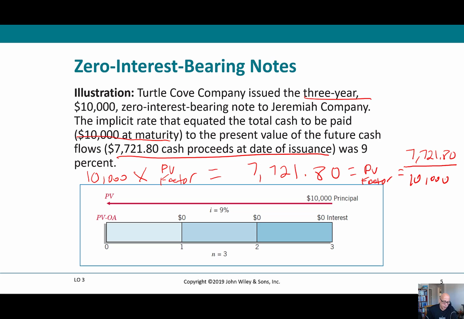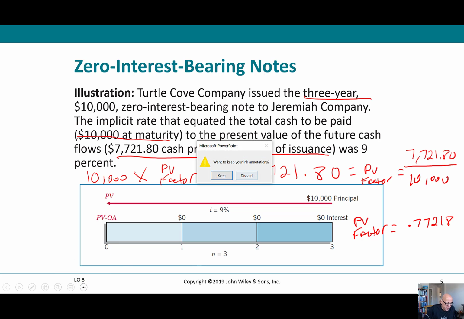I'm just doing the algebra on that. When I do that, the present value factor is equal to 0.77218. Now, I want to see what interest rate lines up with 0.77218 for a 3-year note, and that's going to help me figure out the interest rate on that. So I'm going to have to